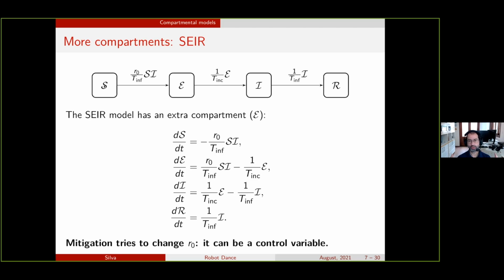But if you change the way the population behaves, for example, forcing some kind of social distancing, you may change this ability of the disease to spread. So you are basically trying to control, you're trying to decrease the R0, okay? So R0 can also be seen here, not as a parameter, but as a control variable that you can act upon with different measures, usually non-pharmaceutical measures, so that you can change the dynamics of the disease.